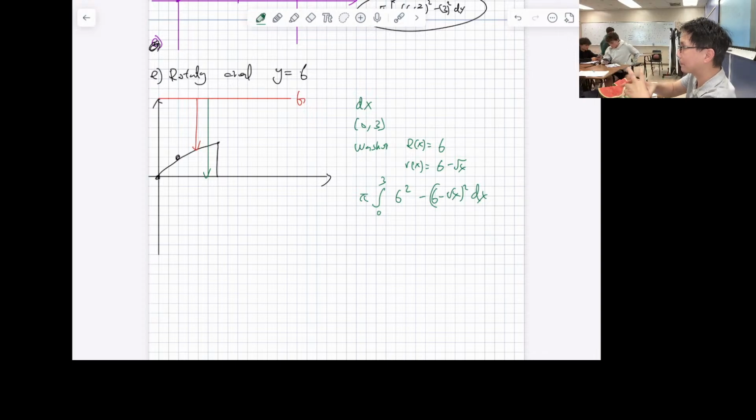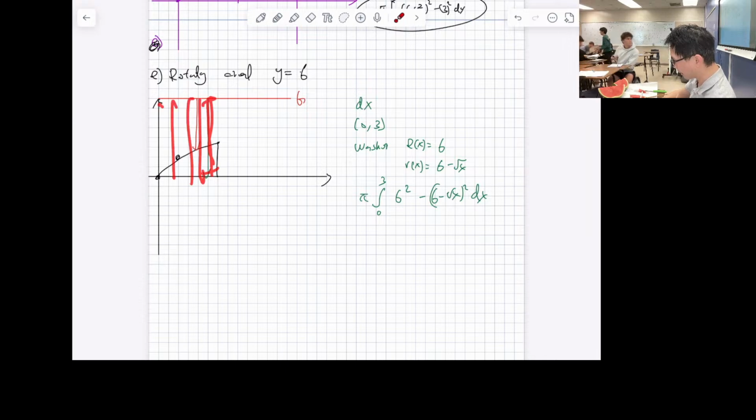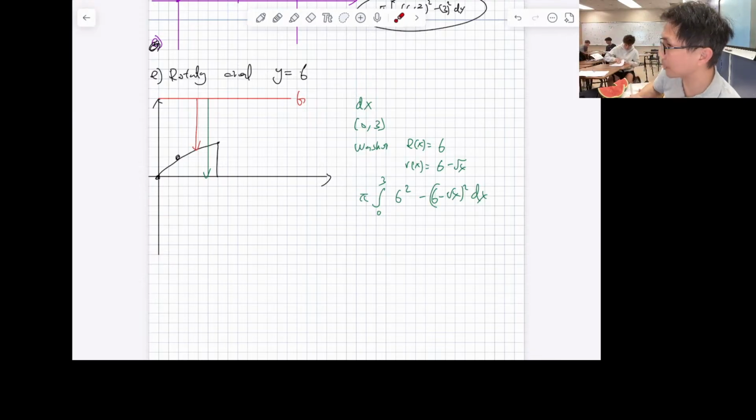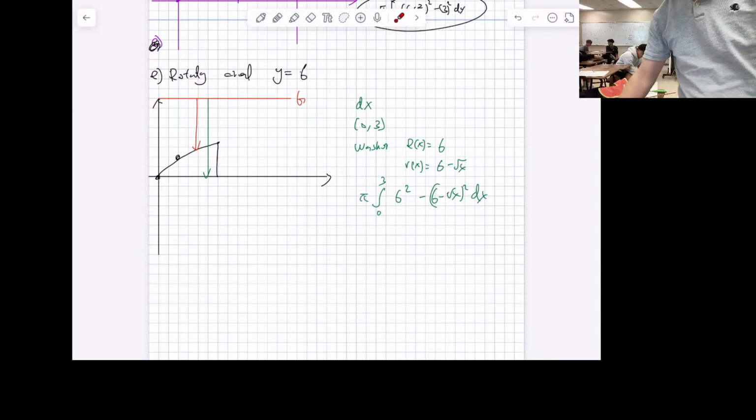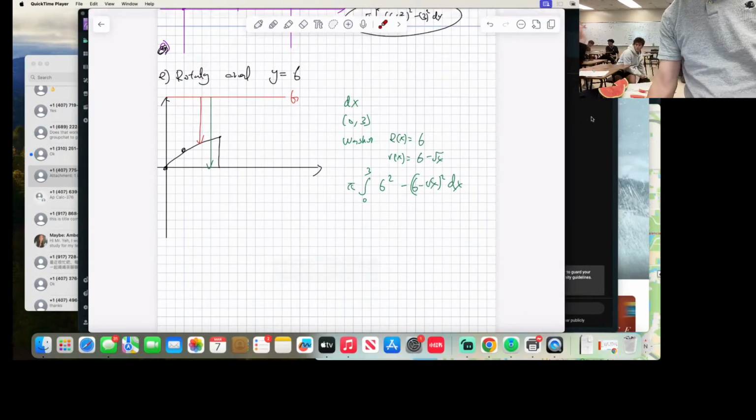Okay? Why does big R... Because it's linked from here to here. It's from the axis of rotation to the x-axis. So one's from the rotation to the function, one's from the rotation to the